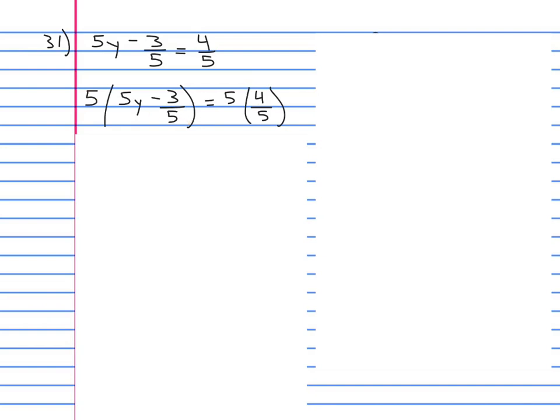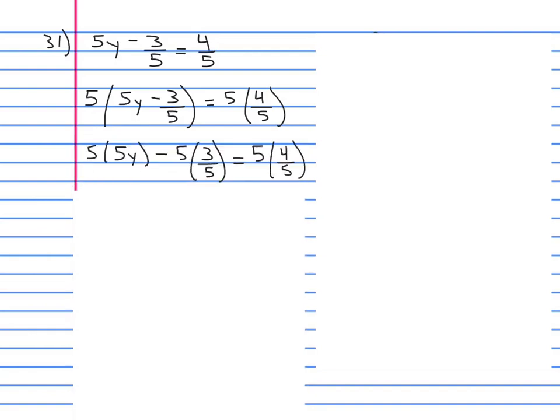The point of it was to eventually be able to cancel that out, but we need to first distribute, because if we just cancel here and here, this got multiplied by 5, but this never did, and that's not multiplying everything by 5. So we rewrite it and say 5 times this is here, 5 times this is here,